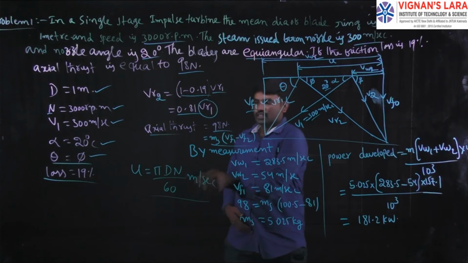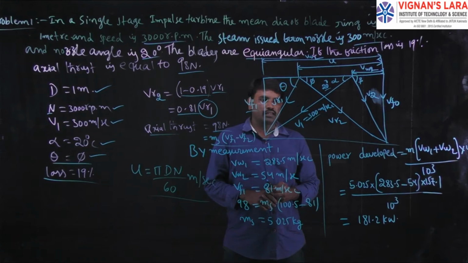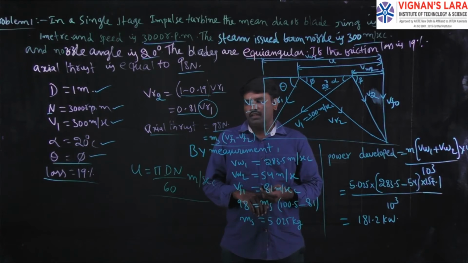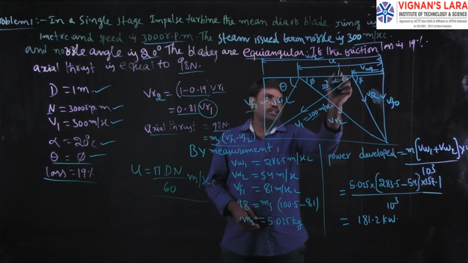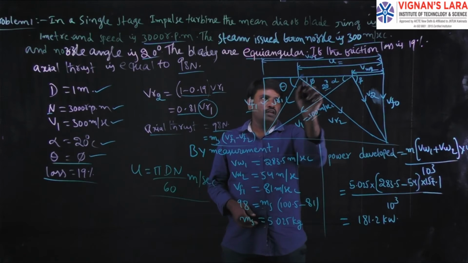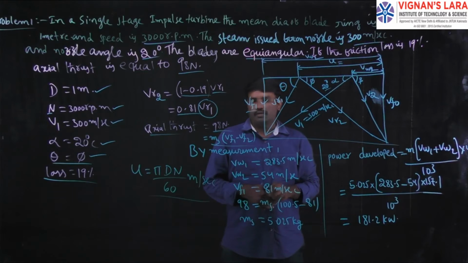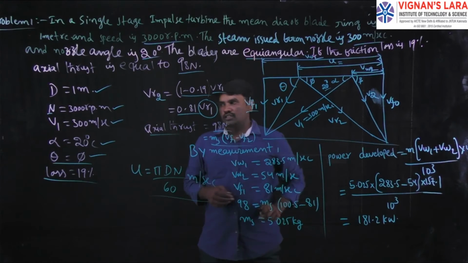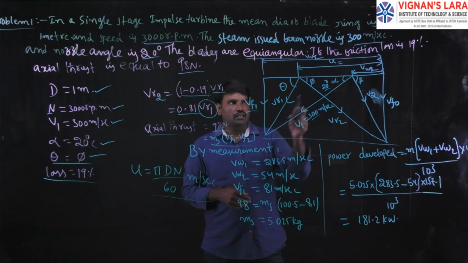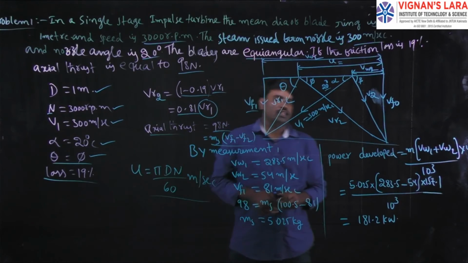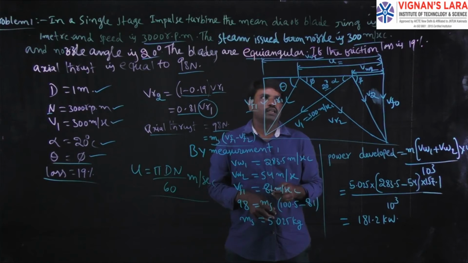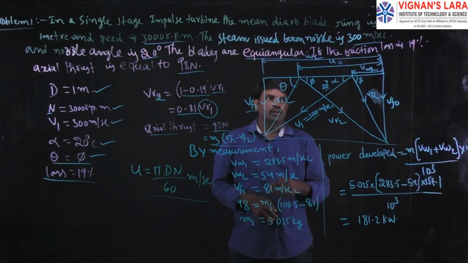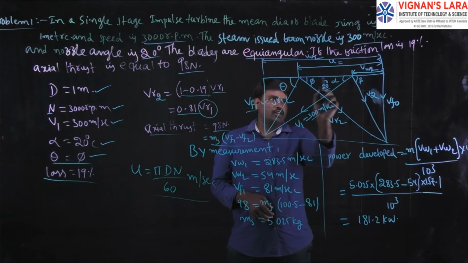By using this formula you can easily calculate the mean blade velocity U. By substituting the diameter and revolutions per minute 3000, you can get the U value, and based on the U value you have to take a scale,